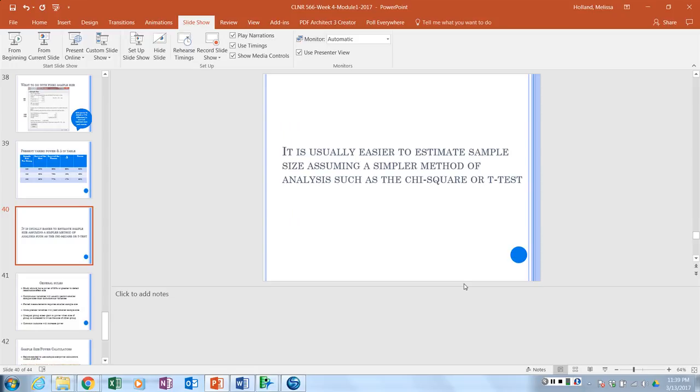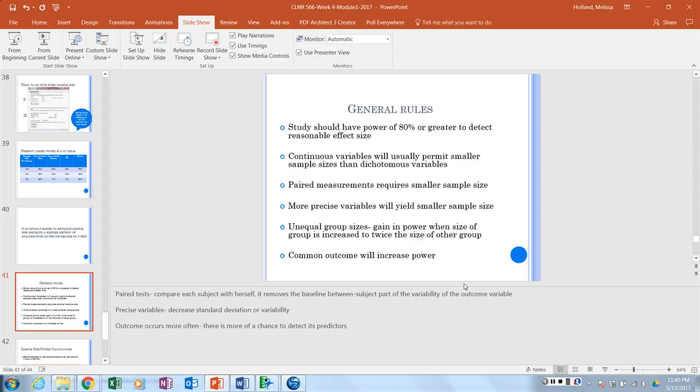All right, so wrapping things up, keep in mind that it's usually easier to estimate sample size with the simpler methods that we went through in Module 1, including chi-square and t-test. It's a much simpler method to calculate sample size. Just some general rules. Again, our 80% is our gold standard that we would like to have for all studies in order to be able to detect a reasonable